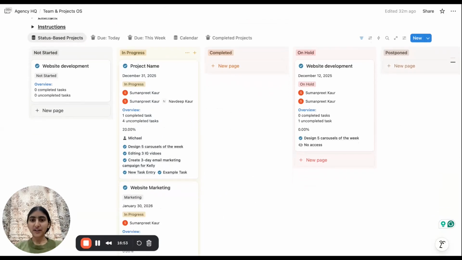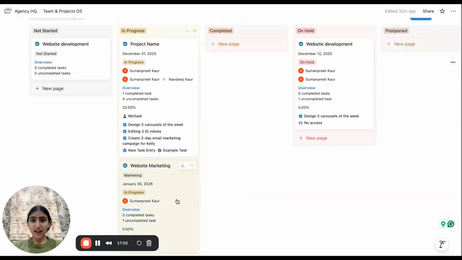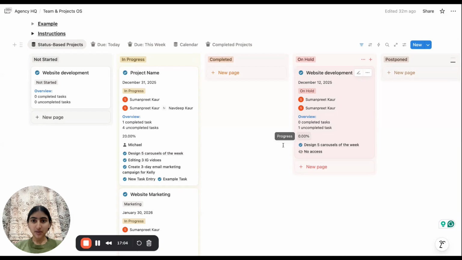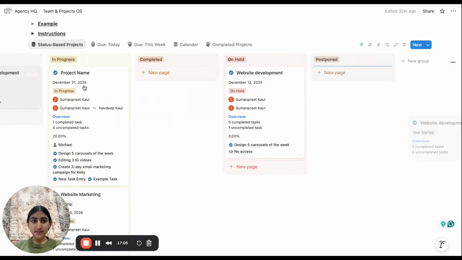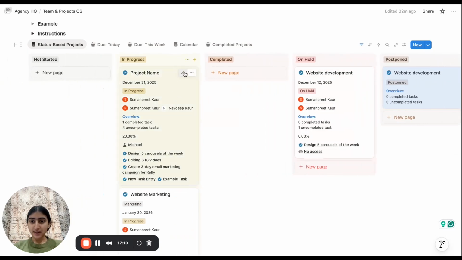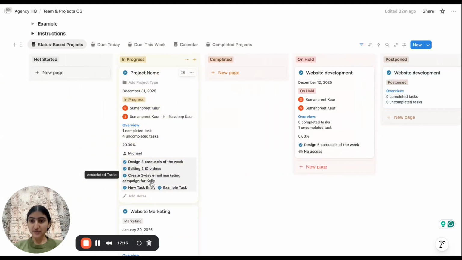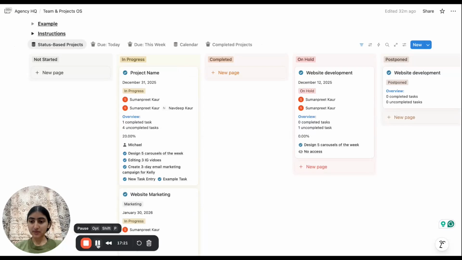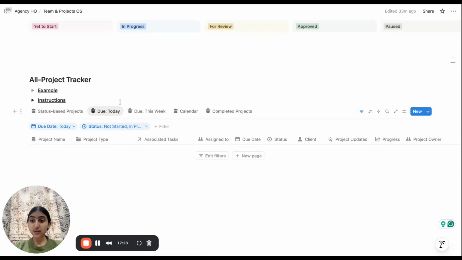So this is how, instead of wondering about projects, updates, and progress, you can see the project's health at one place. And I can make any kind of updates here. For example, let's say it's been postponed, and the next part is I can mark any kind of entries here as well, mark any kind of note, and the rest of the functioning is the same as the team assignment hub. The next view would showcase the projects which have a due date of today.